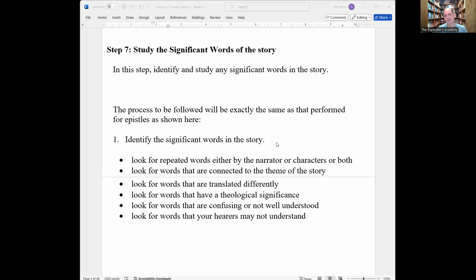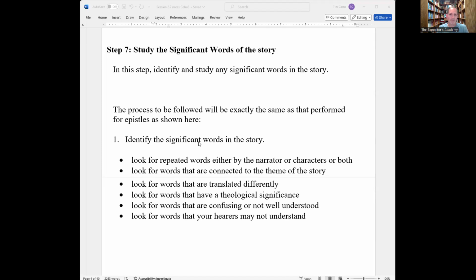So the best way to come to understand the meaning of a particular word is to understand the context in which that word is used. That will help us tremendously in finding the meaning of the word. So how do we identify those significant words that we want to study and try to understand? Because studying particular words can be helpful. It can give us a background of how that word formed, and it can really give us maybe some more insights into how the word is being used in that context.